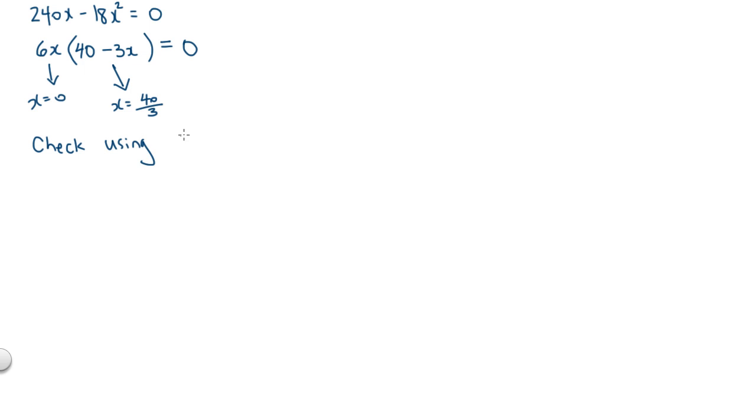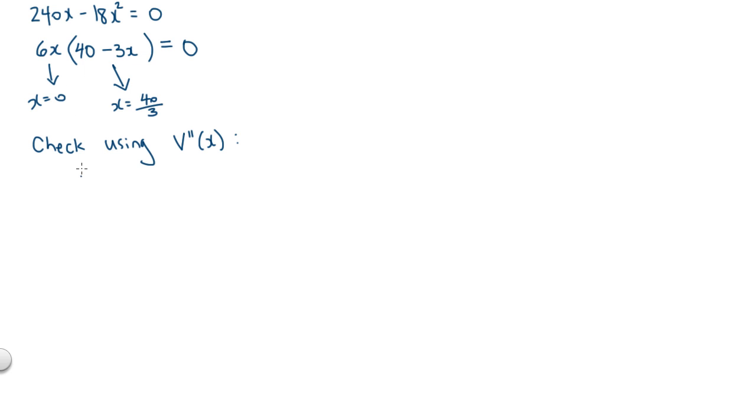We're going to check this using the second derivative. Now, at this point, it might be obvious to you that x equals 0 is not a very good choice. Remember, x represents the width of our box, so x equals 0 really doesn't correspond to a physical three-dimensional box. But let's run through the general process anyway, because in some problems, the choice will be a little bit more